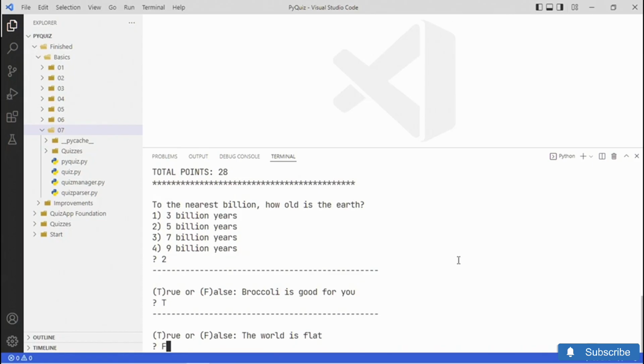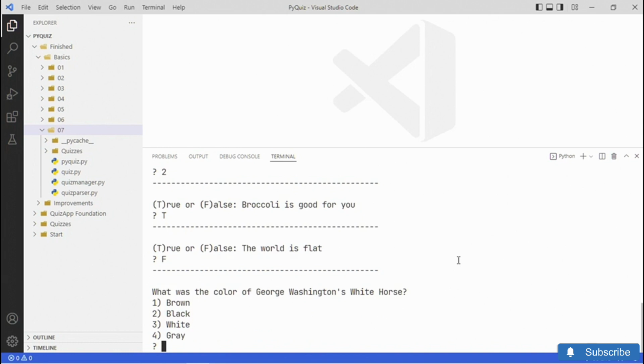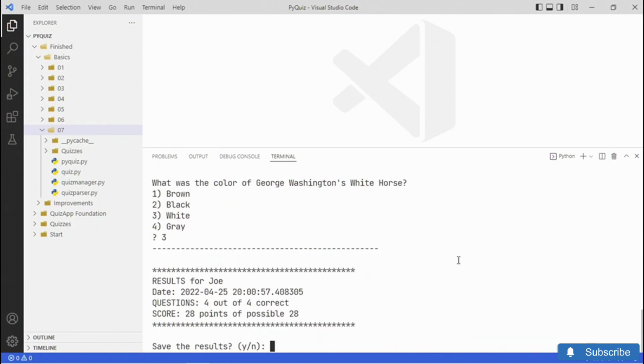So I'm just going to say it's false. And then what was the color of George Washington's white horse? Well, I'm pretty sure that that was white, so that's number 3. Okay, and you can see that I've completed the course, and sure enough, I've got 4 out of 4 correct,